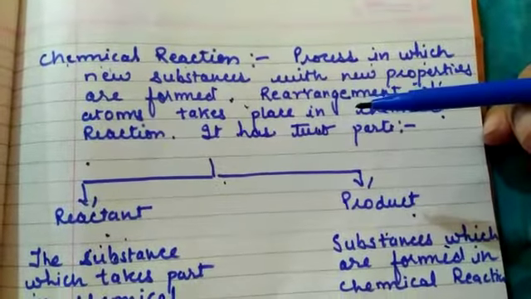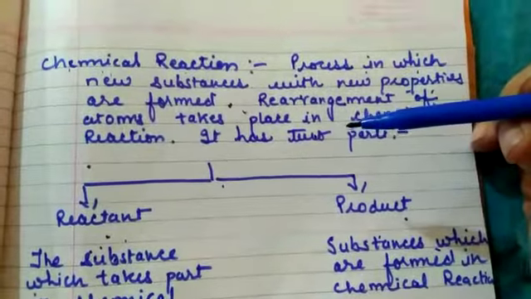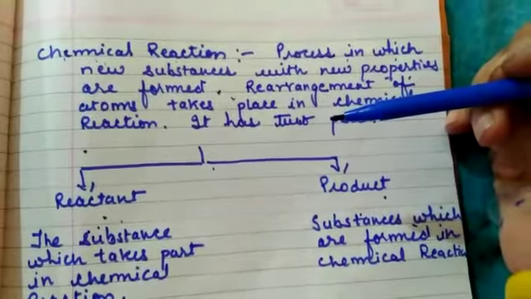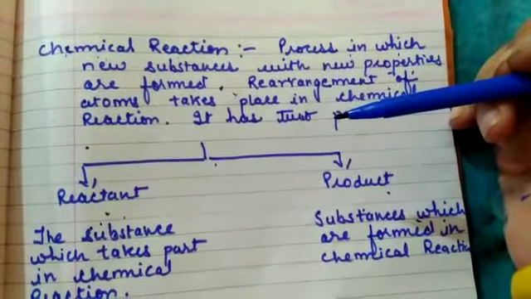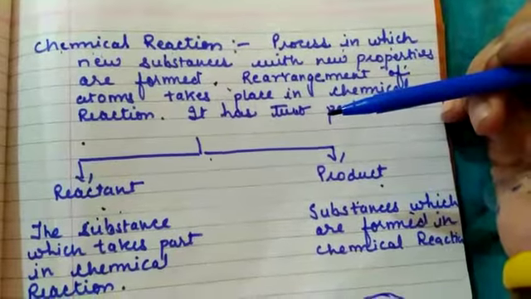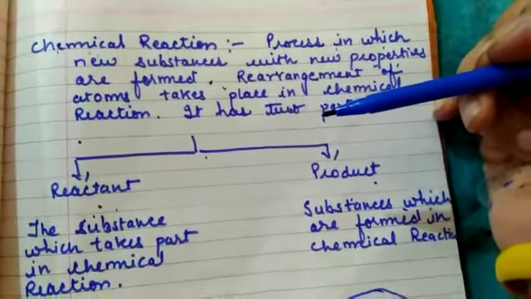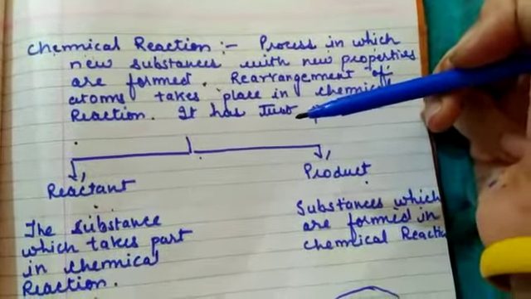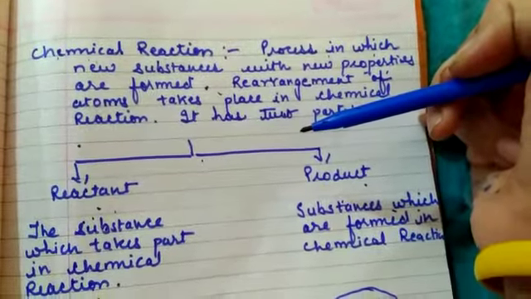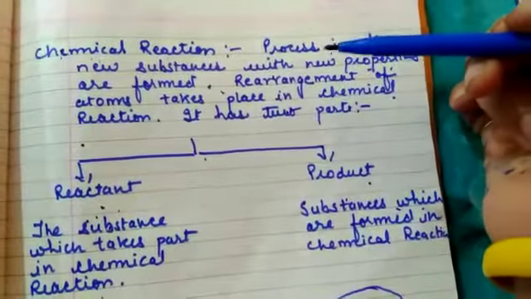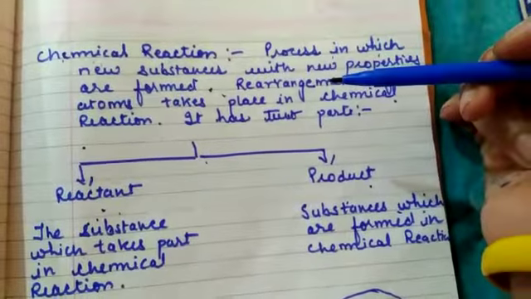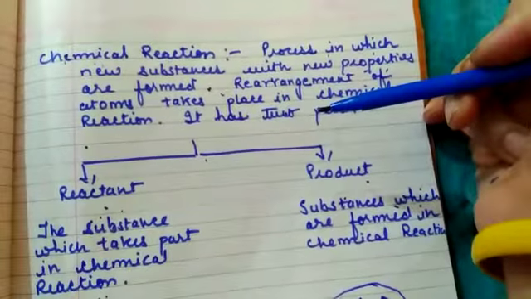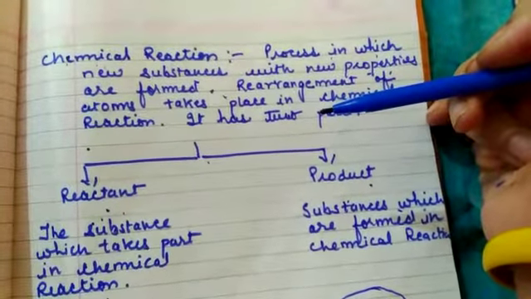In class 9, so many experiments we have done. Okay, I will take one example of it. What have we done with the magnesium ribbon? We took the magnesium ribbon, we rubbed it with sandpaper, we ignited it, and a new substance is formed, a powder substance, and that is magnesium oxide. Remember or not? Magnesium oxide बना था ना? ठीक है. So what is this magnesium oxide? This magnesium oxide was an entirely new substance which is formed from the magnesium in the presence of oxygen, and this magnesium oxide has entirely different properties.